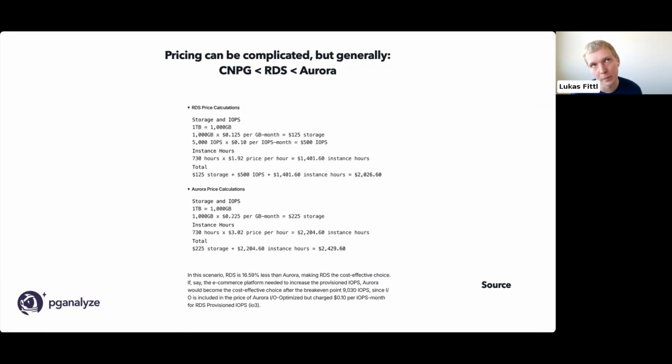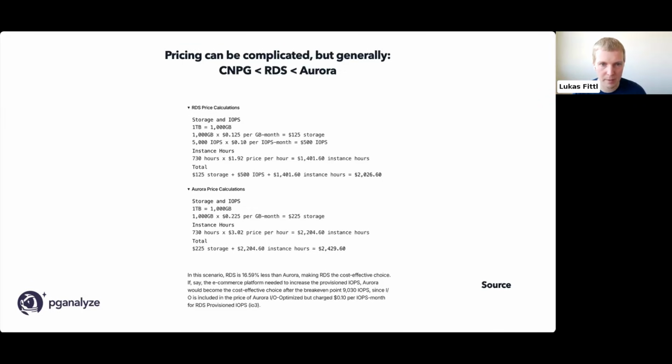Also, when I set out to put together this webinar, I was like, let me do lots of spreadsheets for cost comparisons. But the reality is it's actually really complicated. So I was wondering, can I give you good actual cost breakdowns? And I think the reality is you should really just do this math yourself, right? So this is math that somebody on the Vantage blog did, where, in this case, they said RDS is 17% less expensive than Aurora. This math changes a little bit, but I think the core thing that holds